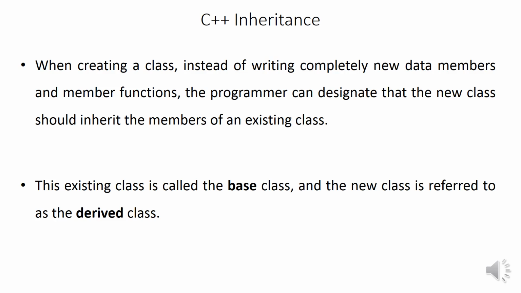There are three access modifiers, for example, public, private, and protected. When we define our class as a public class, it can be referred to publicly by another class, no problem. The next one is private. In a private class, the private class members can only be used by the existing code of that private class only. No other class can use the members or the functions from that private class.